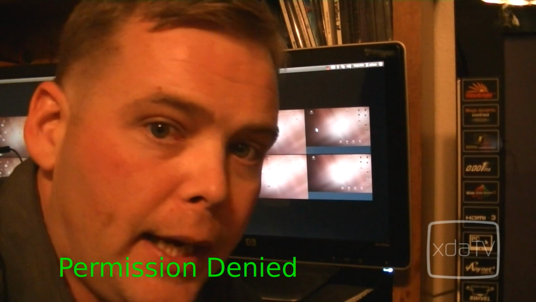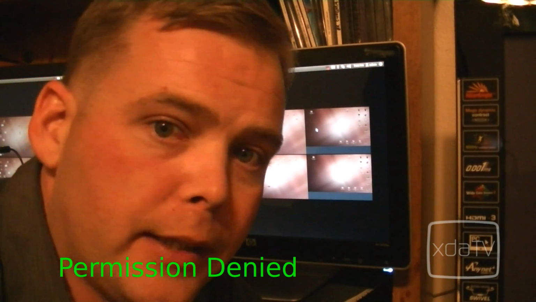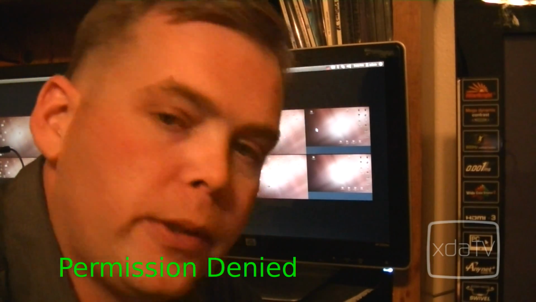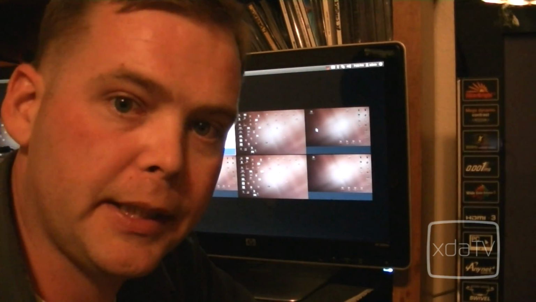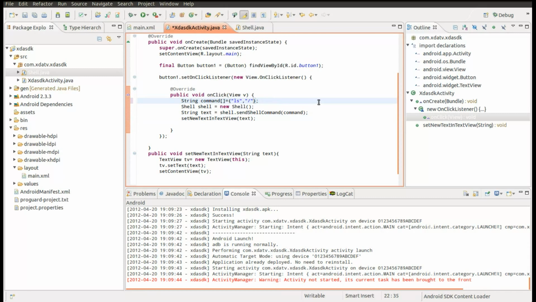So now let's add some root functionality to that. You may know that you can't access the /data folder itself. Under normal circumstances, if you drop to a terminal, you can type ls /data and nothing will happen. It'll give you an error. So what we're going to do is elevate our permissions and do a listing of that folder. So we'll add in su, comma,